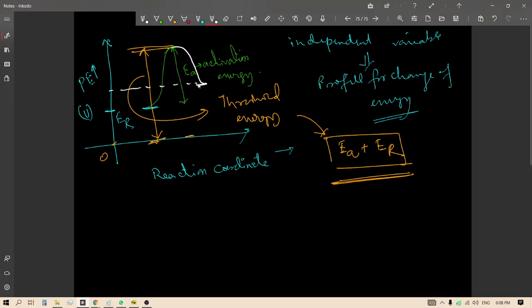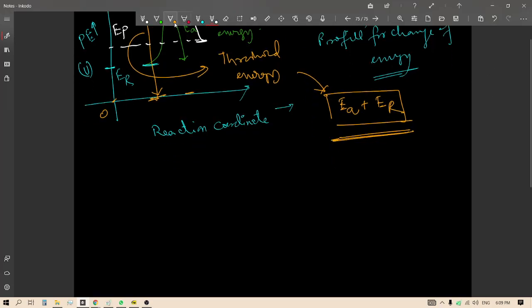So this is called EP. This is the potential energy of the products. Now you might have a doubt, sir, is it mandatory that the value of EP is more than ER, or it can be the reverse way around, or are there any situations where these are equal? So I'll be coming to it in a very short period of time. Before this, we have to understand theoretically something which is called effective collisions.